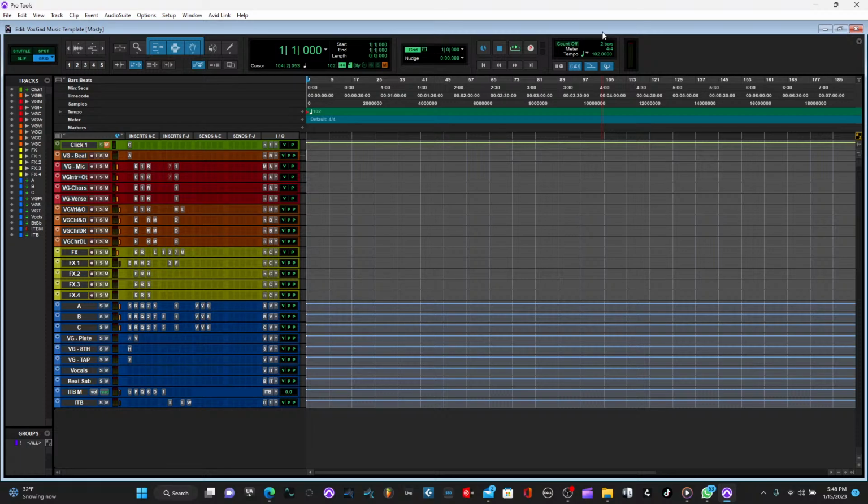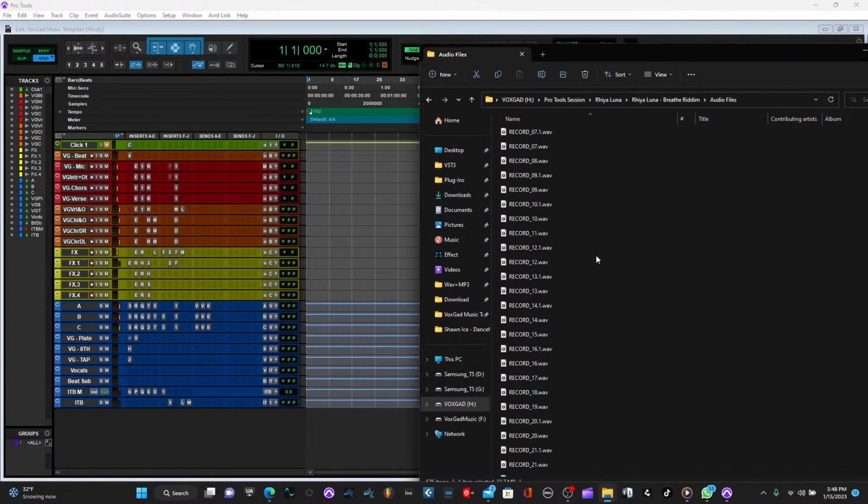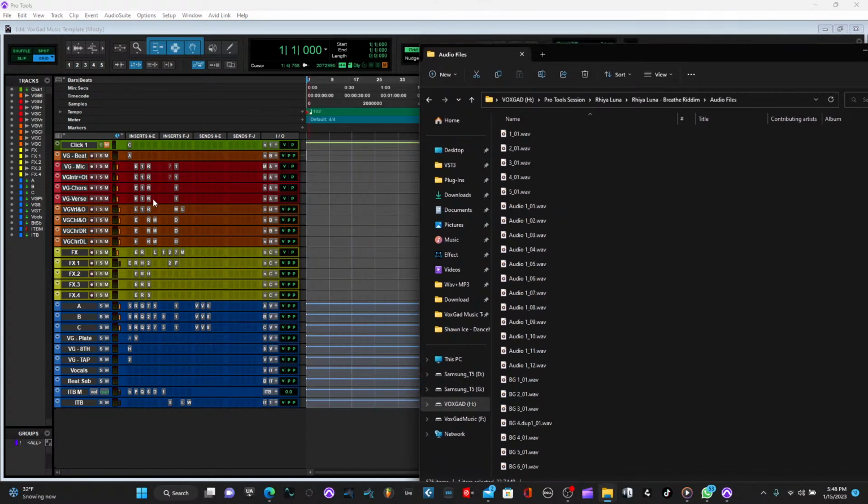So we're just gonna do a little walkthrough of how to use the template. We have the template open up here. When you download the template and open it up, all you got to do is find the vocal where you want to use in the template. It's a 2-track template, so you have the beat